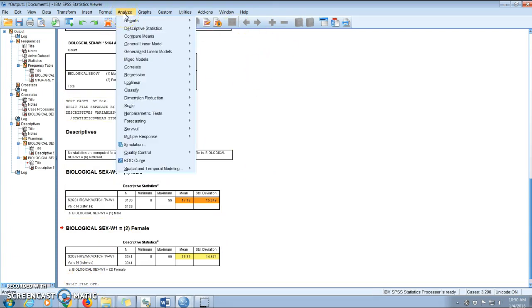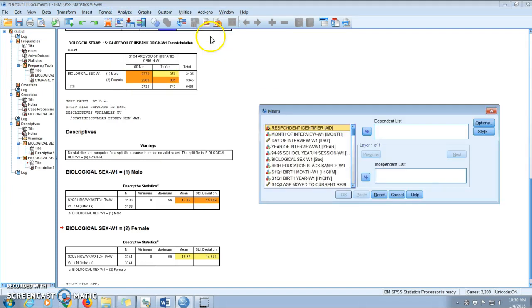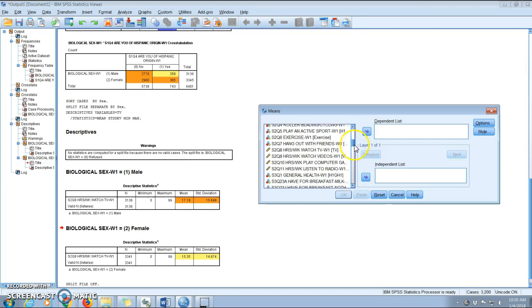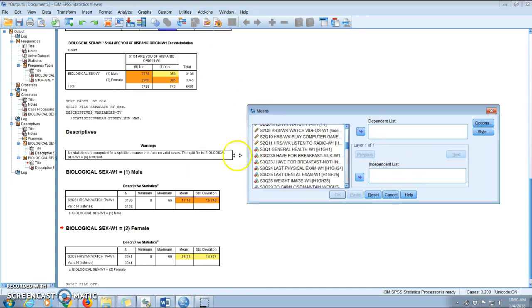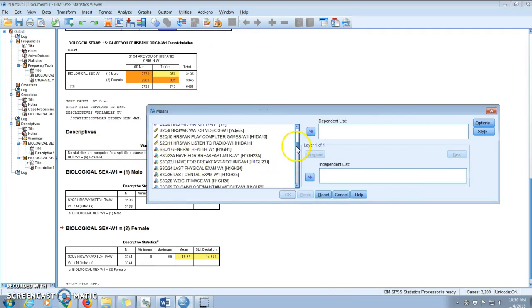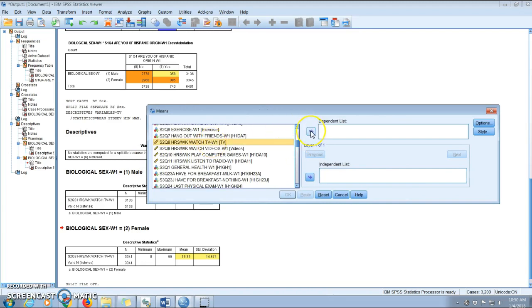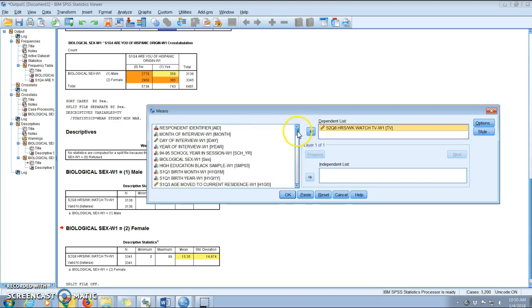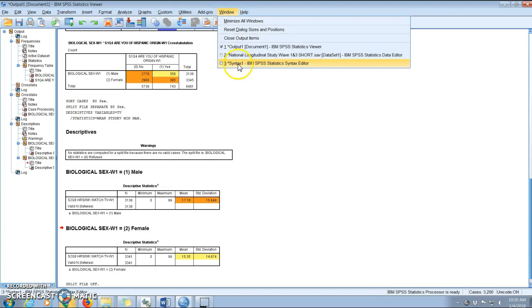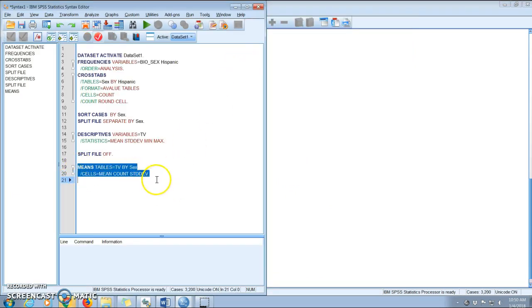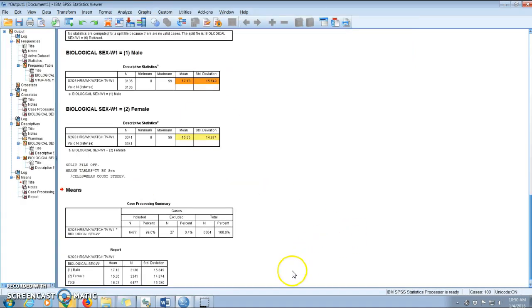So now what I want to do is analyze, and now I'm going to do compare means. I'm going to do means, and I'm still interested in TV watching. Goodness, I've got to make this bigger so I can see it. Got to find TV watching. That's my dependent variable. Hopefully you've learned about that through the coursework. I think you have. So that's the dependent variable, and my independent variable is sex, and I put that in here. So now I click paste, go to the syntax, ask for a means table of TV by sex, and